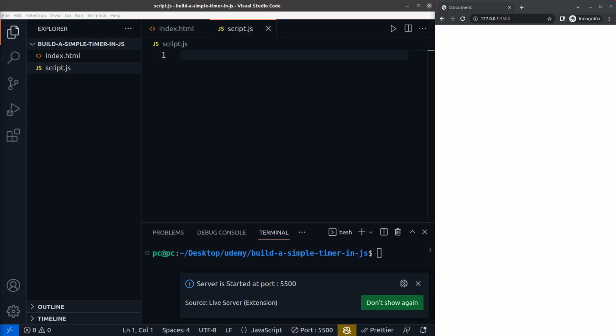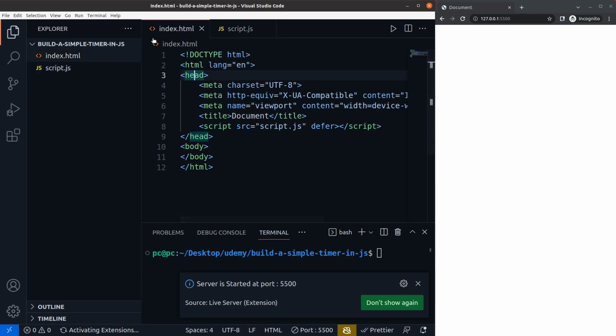In this video, I'll show you how to build a simple timer in JavaScript. The timer can work on almost any website simply by pasting in this JavaScript code right here that I'll add in the next few minutes. To begin, I already have the starter index HTML code and it's pointing to the script.js file